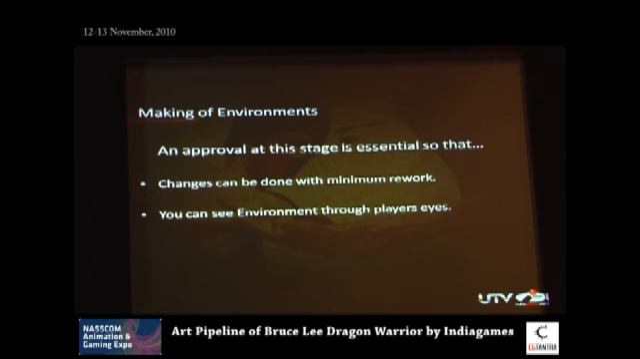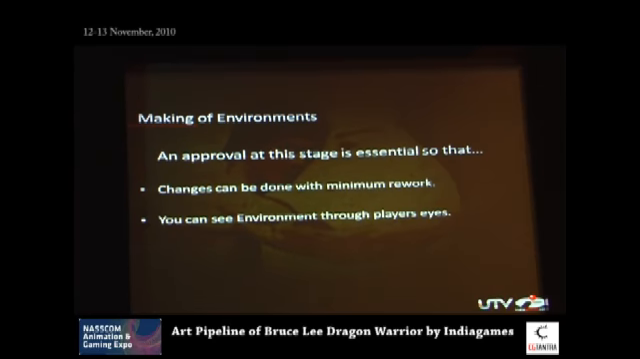Next thing, your environment. You see your environment through the player's eyes. Obviously, I have done all the modeling, so I have the right to place the camera from which my player will see, and then I can go ahead with the perspective. I can see